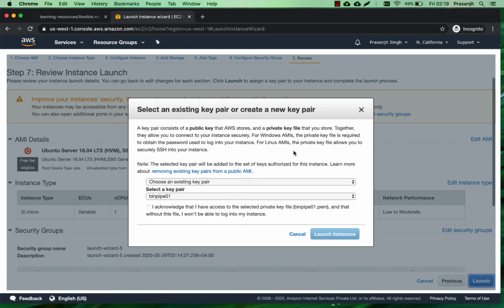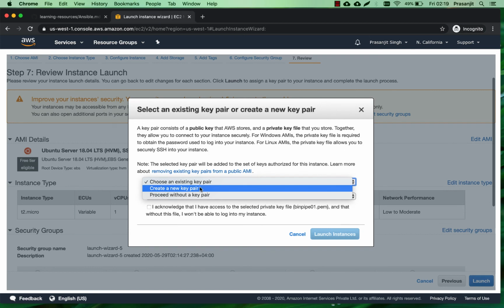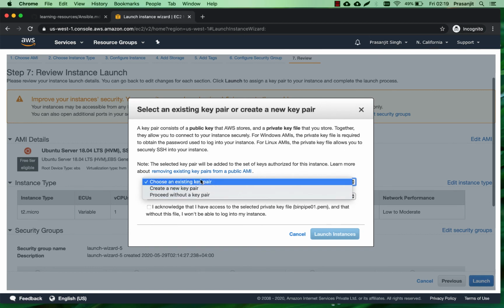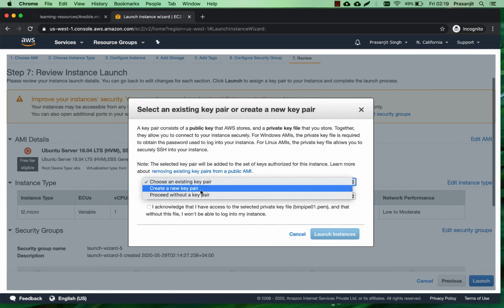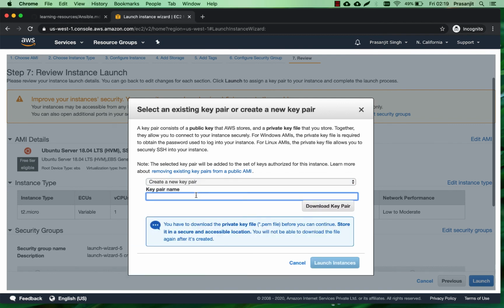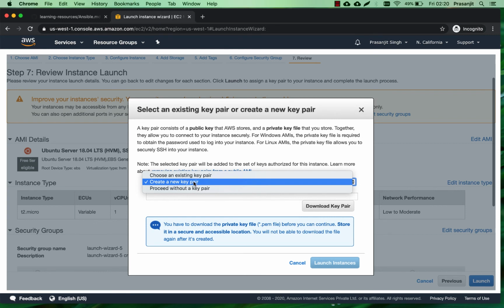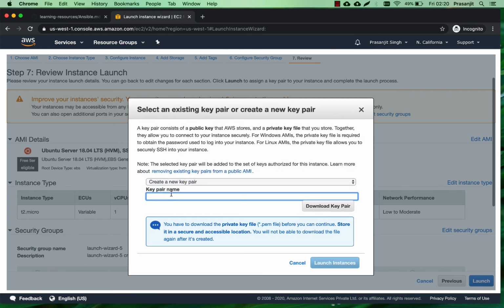So when I click on launch, then comes our screen to create a key. Here we can create a new key pair, or we can use an existing key pair. Let me create a new key pair so that you can go through the step. It's just one step and very easy. But see how I'm doing it. I'm choosing create a new key pair, and I will put in a key pair name, DevOps practice key or something,